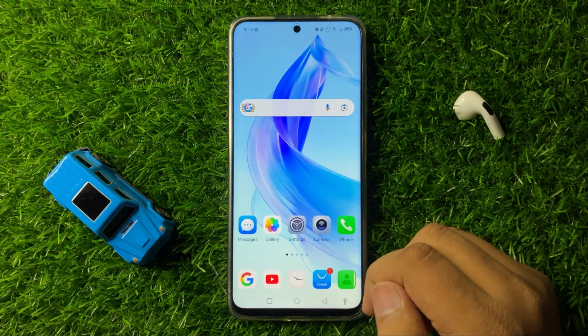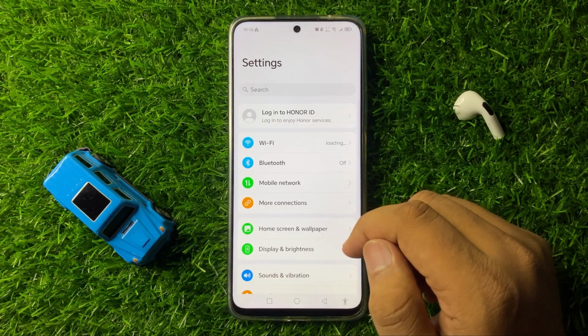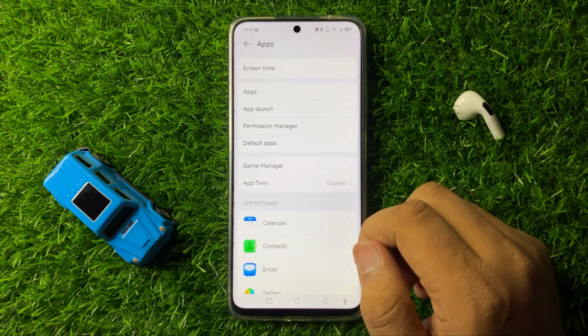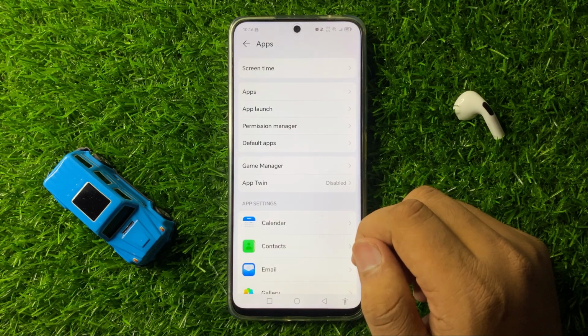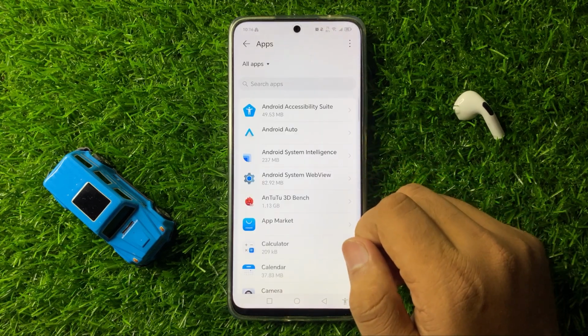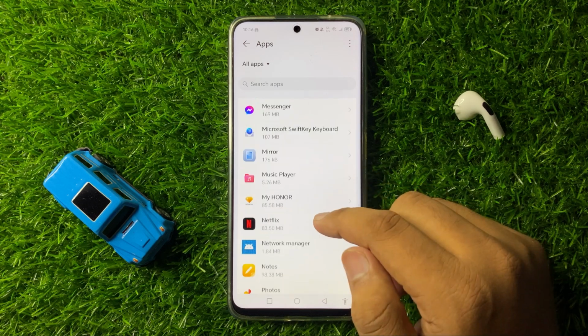But if it doesn't fix your issue, then open settings. Now in settings, scroll down and click on apps. Now in apps, click on apps option again, and then scroll down and open the